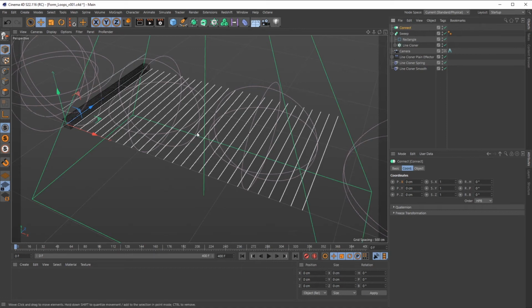Now you've got an entirely full object. But something that I learned recently is you have this weld option. If you uncheck weld, all it's going to do is take all of these objects and just merge them in Cinema 4D's eyes. So when we take this line cloner and we put it under the connect, all Cinema 4D sees is this singular object made up of multiple splines. So rather than being object 1, 2, 3, all the way to 28, it's got one object with 28 splines